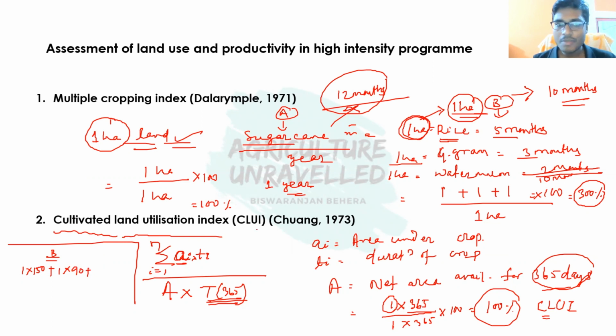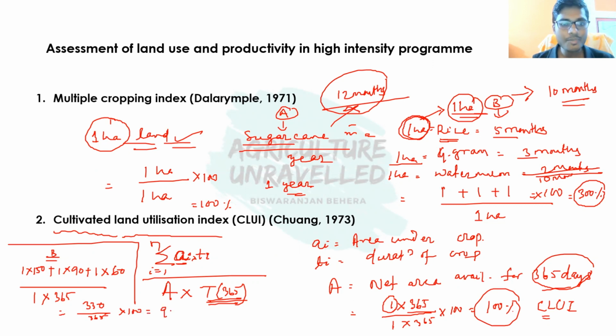Plus for watermelon the area is 1 and the duration is 2 months, that is 60 days. This is divided by the net cultivated area, 1 hectare, because farmer B has a net cultivated area of 1 hectare. So the net area available for 365 days is 1 hectare into 365. If you see the calculation, it is around 330 days divided by 365, into 100,